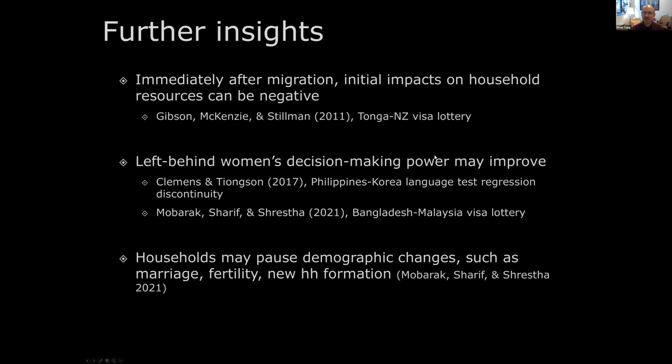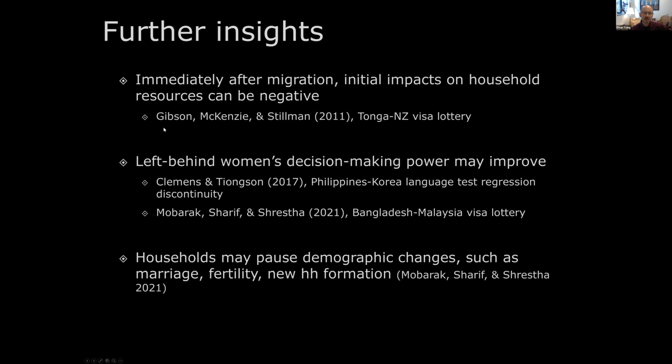So, some additional insights from related work. If we think more broadly about how international migration, or changes in the resources available to migrants, affect households back home, there is a body of research that is very interesting. I list a number of papers here. They'll also be on the reading list that we post online after this lecture. There are a lot of other insights that I think are worth diving into.